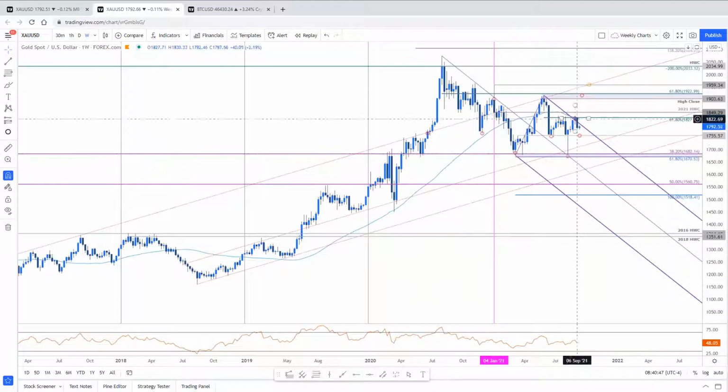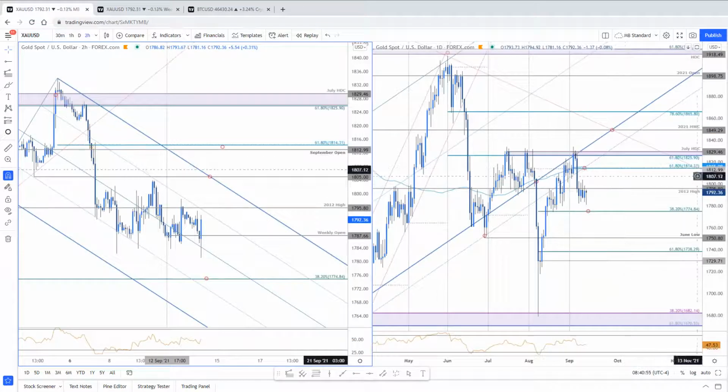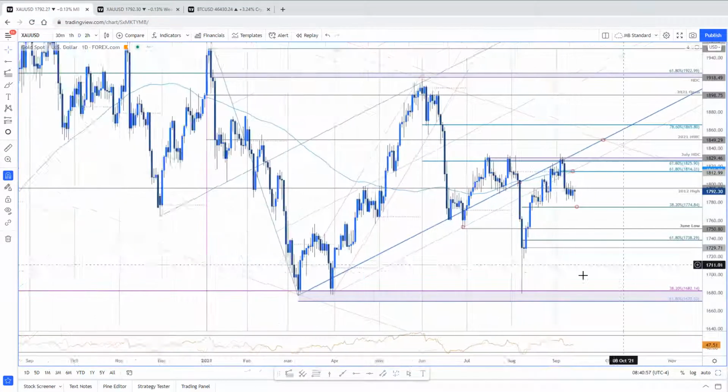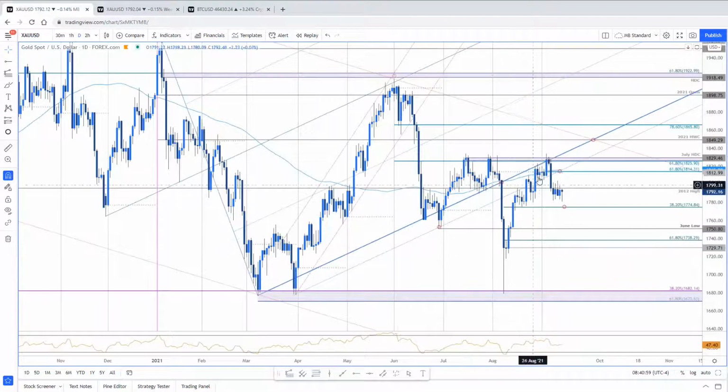Is that just the advance finding a little bit of a pullback before we break higher, or is this just straight up range bound conditions? The daily chart suggests that this is sort of an exhaustion pullback, right? Here's the V-shaped recovery off last month's low. Here's former swing highs for July and August. The 618 of the entire drop, the July high day close, building. It wasn't a very strong divergence, but there